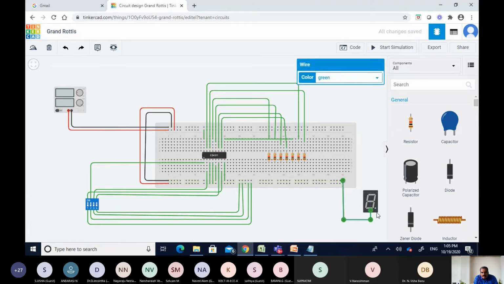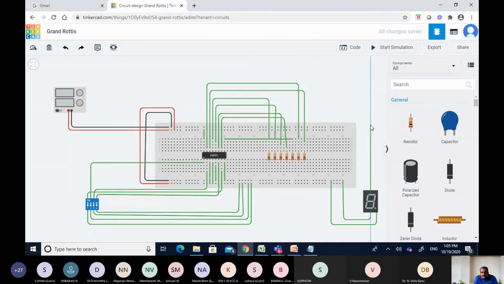So common is grounded, and this is decimal point. So decimal point is also grounded, and you have one more common, so we have to ground this one also, right?